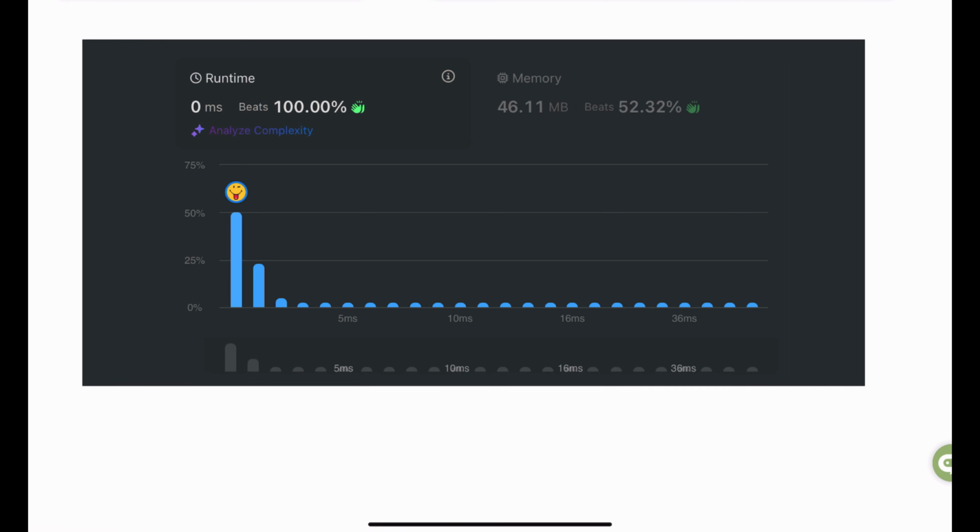This method, when submitted on LeetCode, beats 100% of the submissions in terms of runtime and 52% in terms of